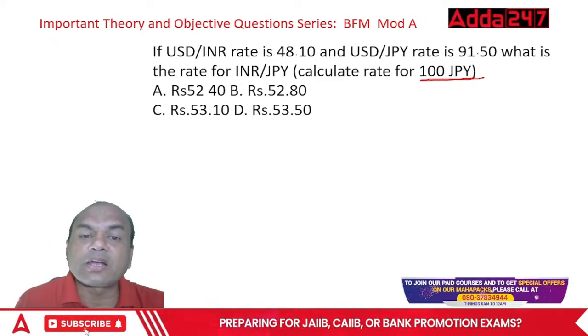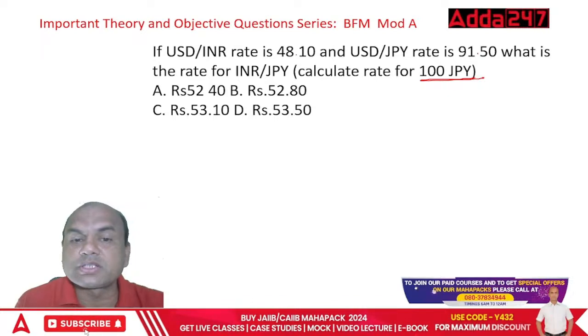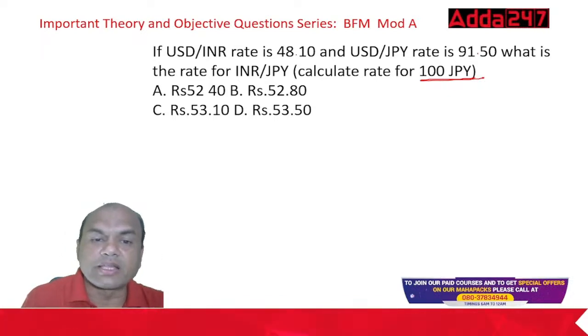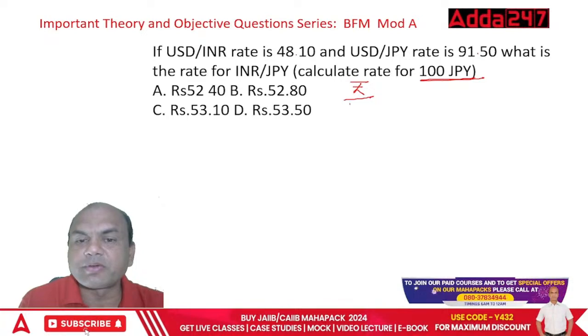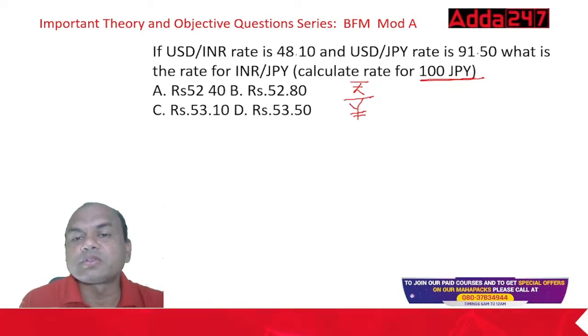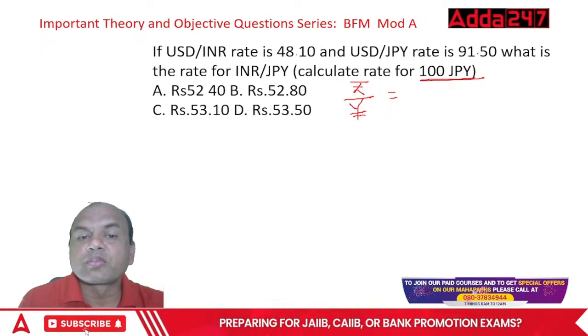We want INR to JPY. Look at this, INR to JPY. Here JPY is below, right? So what is my INR to JPY? Rupee to JPY, right? Yen is written like this, yen with two lines, okay? Rupee to JPY equals to. So you'll get it what? Rupee to,